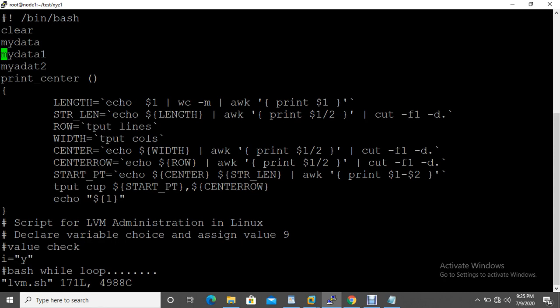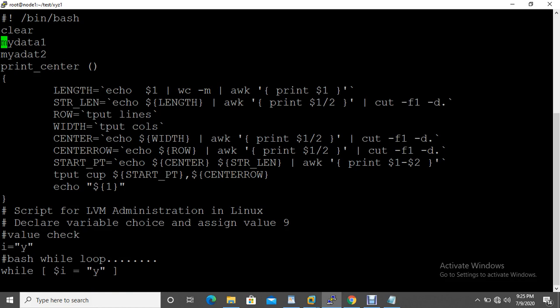Later you may think this is not a valid line and you did something wrong, so you need to delete the whole line. What you have to do is, in escape mode, press the DD button. We are not going into insert mode. In escape mode, press the D key two times on the keyboard. See, it's gone.